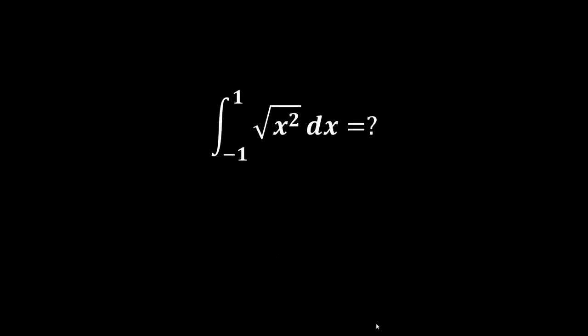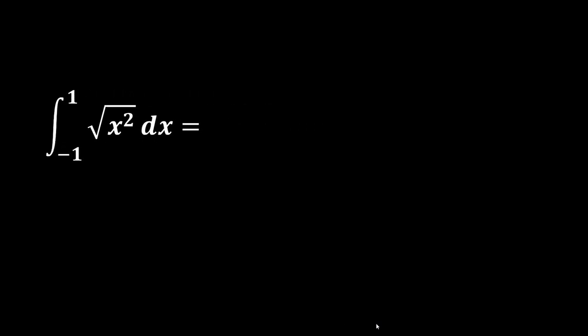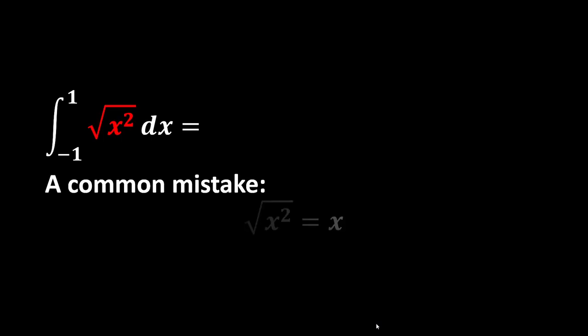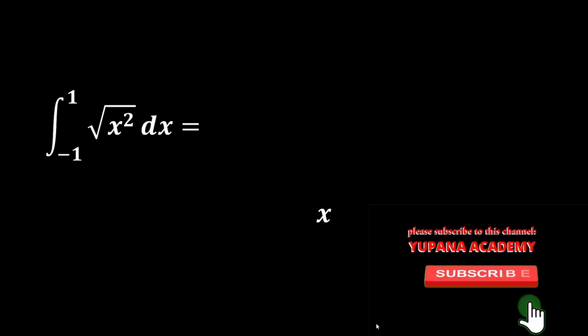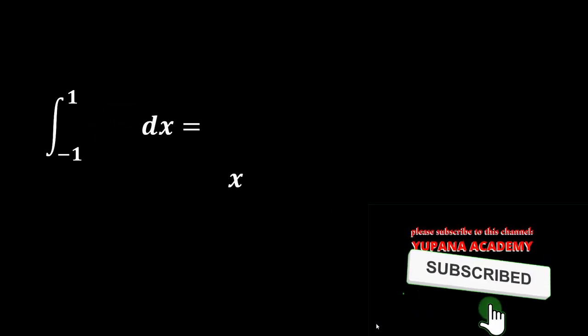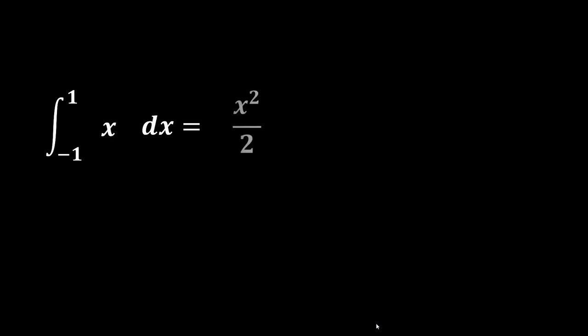So let's find out how come students got 0 when integrating this definite integral. A common mistake is to assume that the square root of x squared is equal to x. If we assume that, and then we substitute that on the integrand, then we find the antiderivative of x, which is x squared over 2, and then evaluate from -1